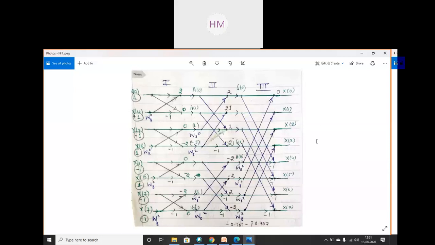So after doing this, I calculated. Now I will start my calculating work. I will find out first all the factors. After finding out the factor, what I have to do, I have to simply multiply and add and subtract the values to get the output of first stage, second stage, and third stage. So that we will discuss in our next class. So if you are having any doubt in drawing the FFT structure, you can ask. You can simplify your queries.